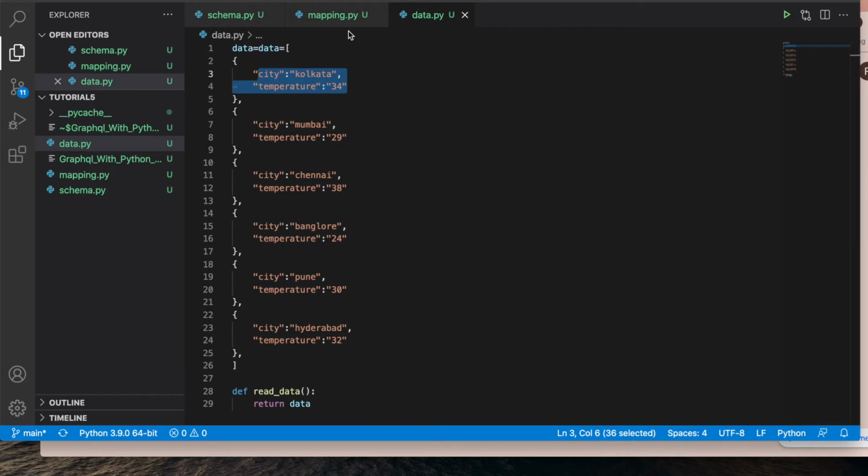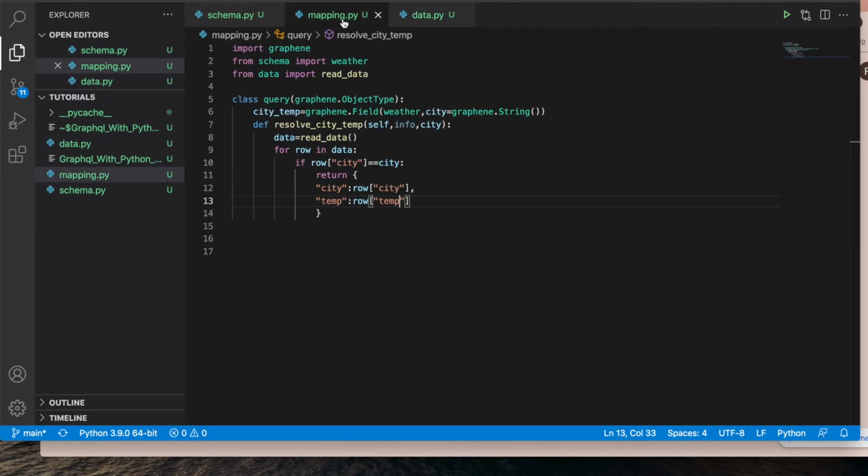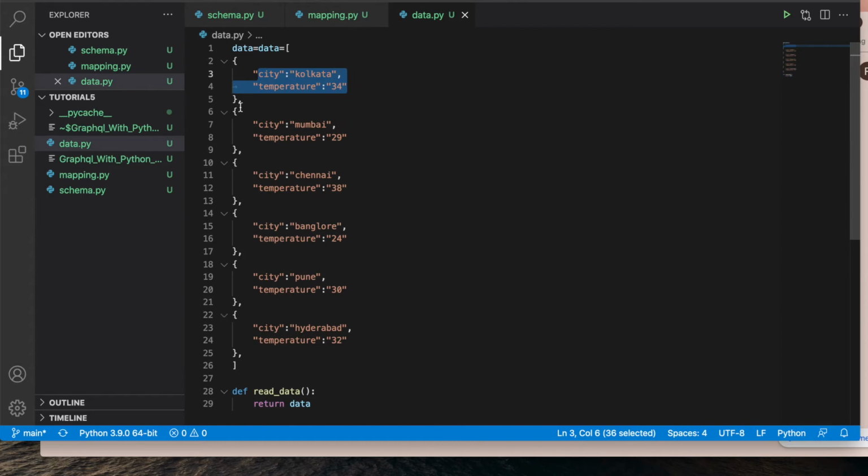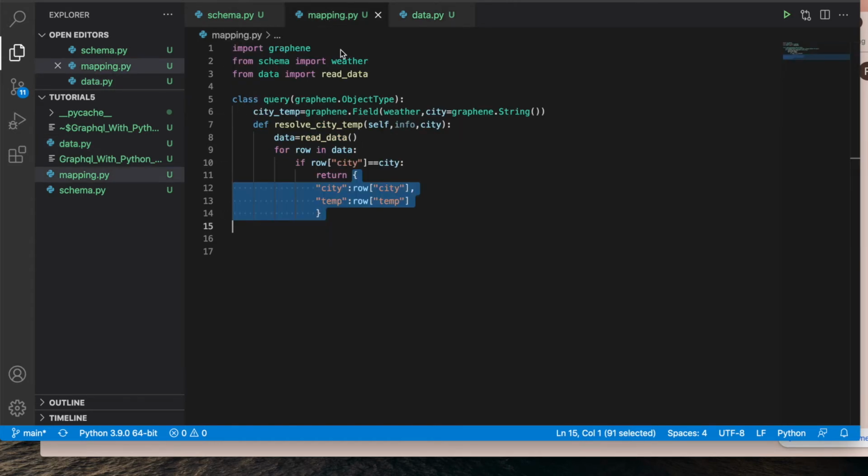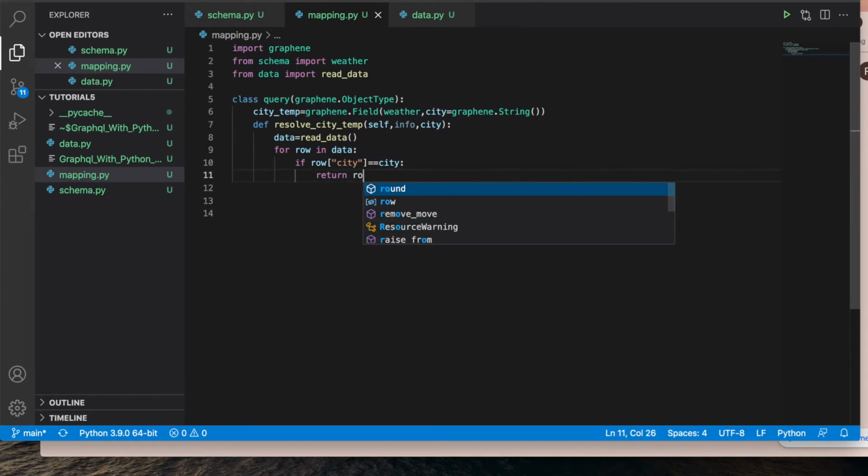Or else you can do another thing that is going to be interesting. Basically, if you check here, this whole thing is actually this one, so you can return this whole thing over here. That is also going to be the same, so you don't have to worry about that. This whole thing is actually this thing, and this whole thing is actually this. So what you want to return over here, you can just write return row.